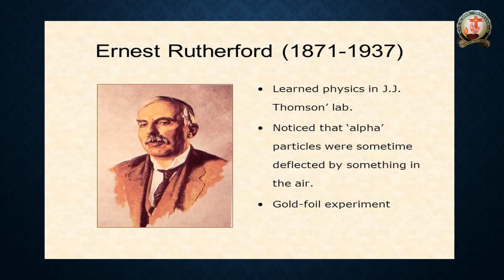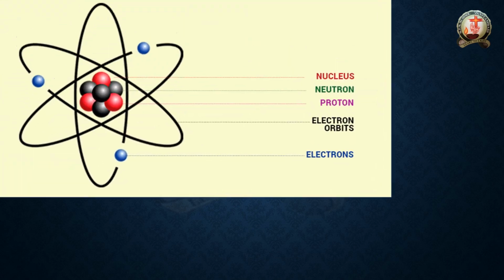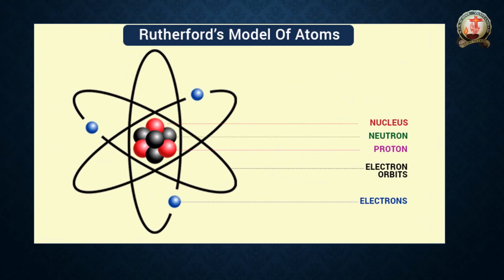Ernest Rutherford introduced the gold foil experiment. This gold foil experiment is a very, very important experiment for analyzing subatomic particles. It is very helpful to find the electron and the nucleus. See the Rutherford model of the atom. Rutherford was the only scientist who introduced that an atom has a nucleus containing neutrons and protons, then the orbitals and electrons. Rutherford introduced all these things, so we say that Rutherford gave the modern atomic theory.